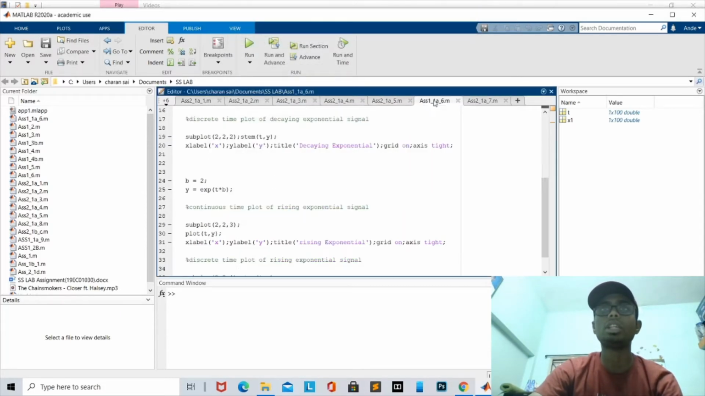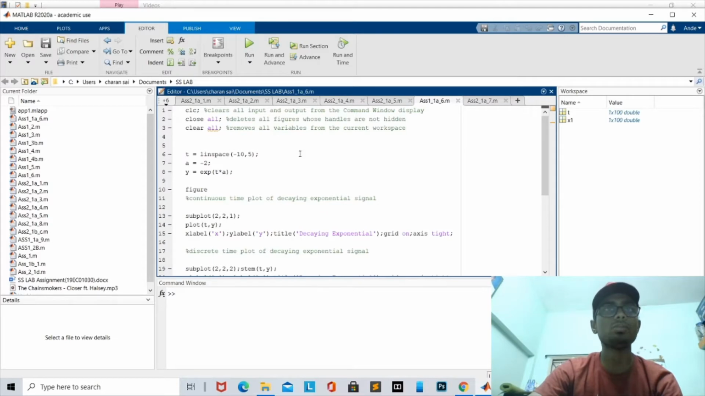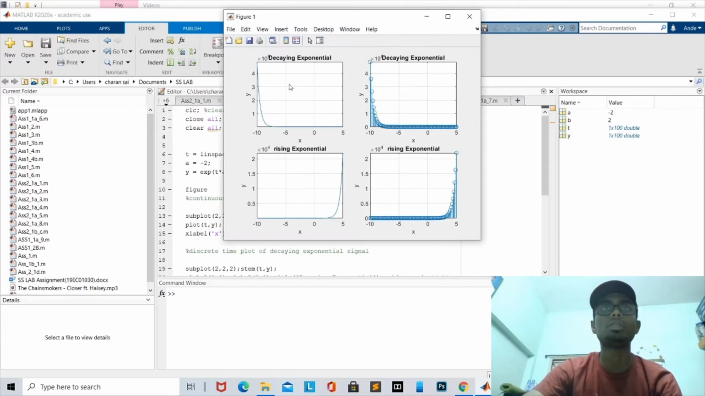And moving to the next one, it is the decaying exponential signal. For a decaying exponential signal, it should start decreasing from a higher point. So what I have done is I have used a equal to -2, and I have written y is equal to e power at. I'll run the output and I'll show you. Here comes the decaying exponential continuous plot and the decaying exponential